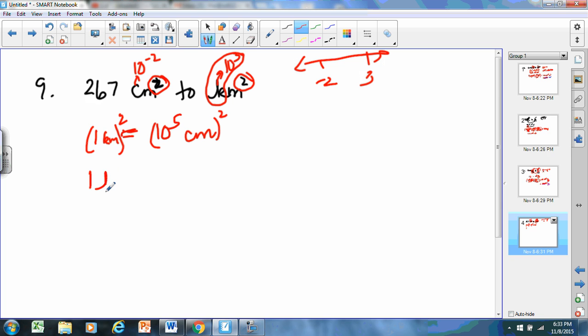1 squared is still 1. A kilometer squared is a square kilometer. 10 to the fifth squared is 10 to the 10th, power to the power rule. These get multiplied, square centimeters. And so